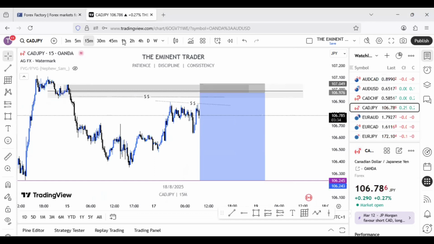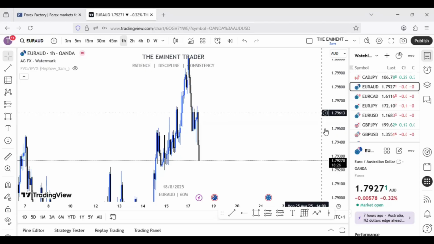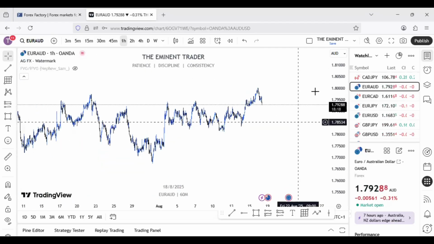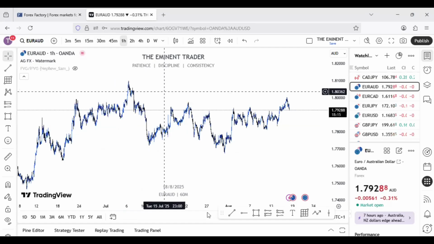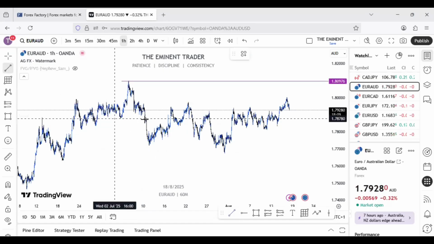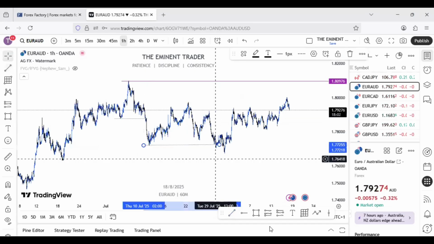So the next one is Euro AUD. Remember, start from the 1 hour. So start from the 1 hour, see what the market is doing. This market's price action is somehow sharp. Okay, there's an eye, there's a shift. You just need to train your eyes. There's a shift, there's a break of structure, there's another break of structure,